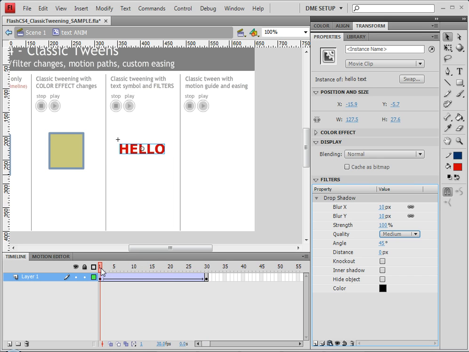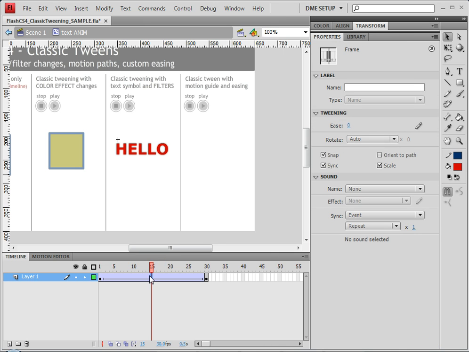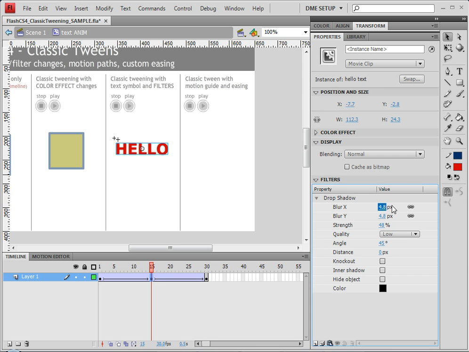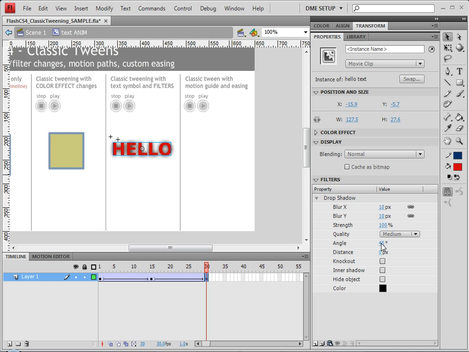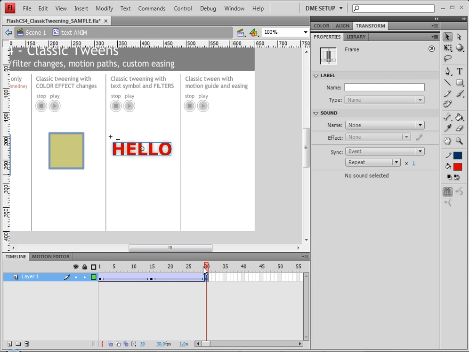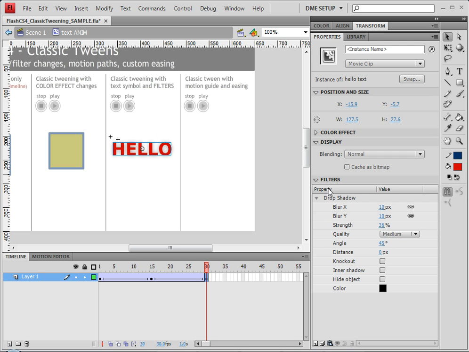Now you'll notice that that drop shadow animates, and I can even create a new keyframe somewhere in between and change that animation slightly. So it may be at the very end here that we don't want it quite as dark. So we have now a subtle animation using some sort of filter, and of course we could use other filters as well,